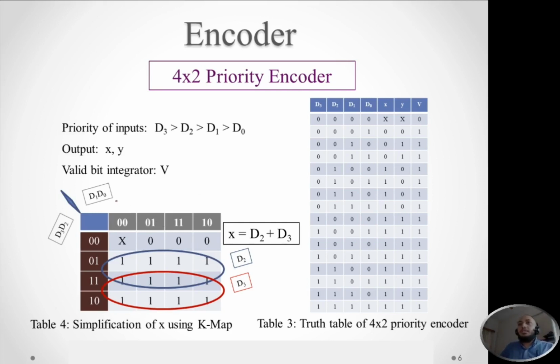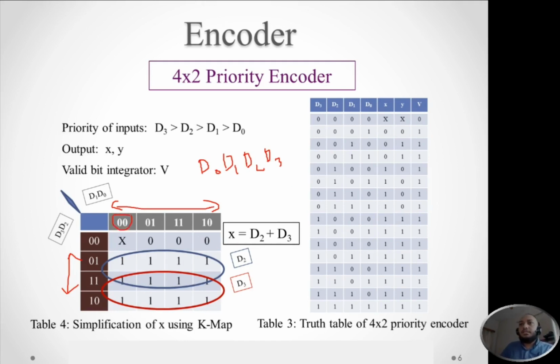Now let's consider the blue group, which covers all the 4 columns and these 2 rows. We need to find the inputs which don't change at all along the rows or along the columns. So we have got a total of 4 inputs: D0, D1, D2 and D3. Along the rows or along the columns we need to find the inputs which don't change at all, and we will write the product of them for the blue group. So let's check.